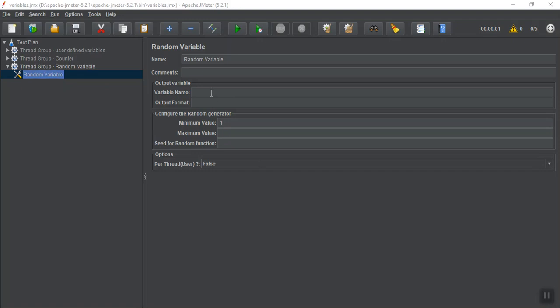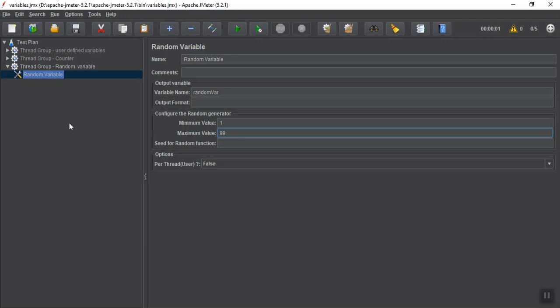So let's put the variable name as random var. Let's take the maximum value 99. Okay, I will tell you about the seed function after some time. Just wait for it.